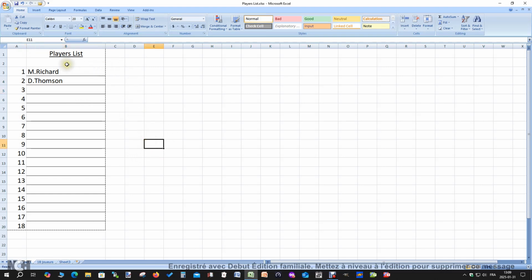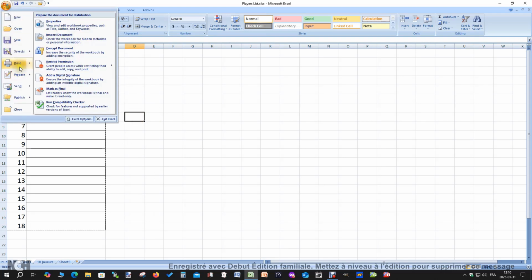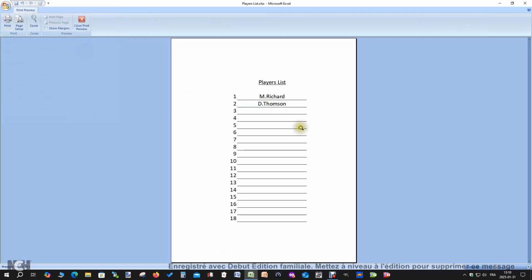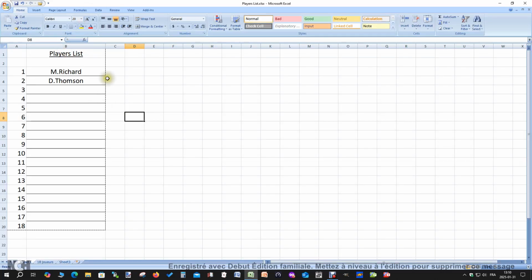So first of all, what we're going to do is select those cells and center the names. Okay, it looks good. Look at the print preview again. Yeah, it looks pretty good. If you want to use full names, go ahead. You know, you can play with the width of the